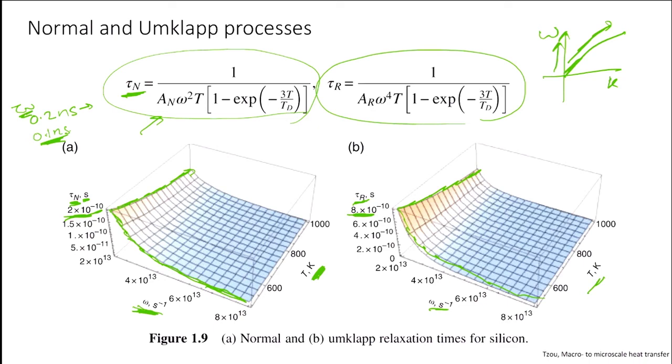Is this slide clear, or should I spend more time on it? We are talking about lifetimes: what is the mean lifetime with respect to frequency and temperature? Of course there is a wide range of phonon frequencies, and if we change the temperature, how does the mean lifetime change? And if we have to combine all of them, as we described, we could take this Matthiessen rule, and add the impurity and boundary scattering all together.